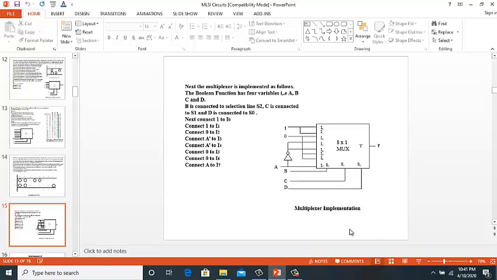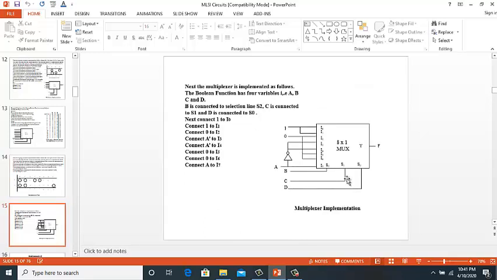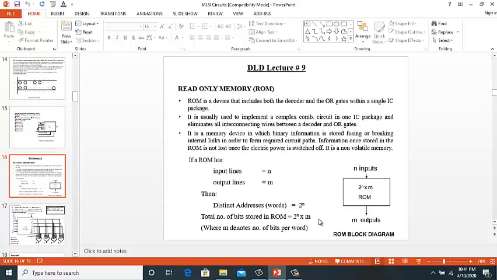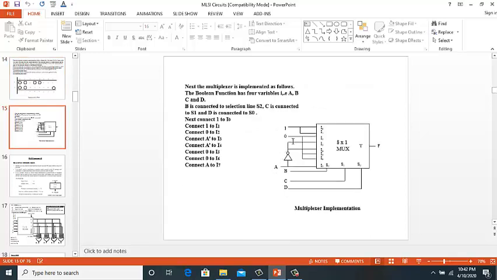So we see that under I0 we have got 1, so 1 is going to the input I0. Next we see that to the input I1 we also give value 1, so the input I1 also is getting the value 1.